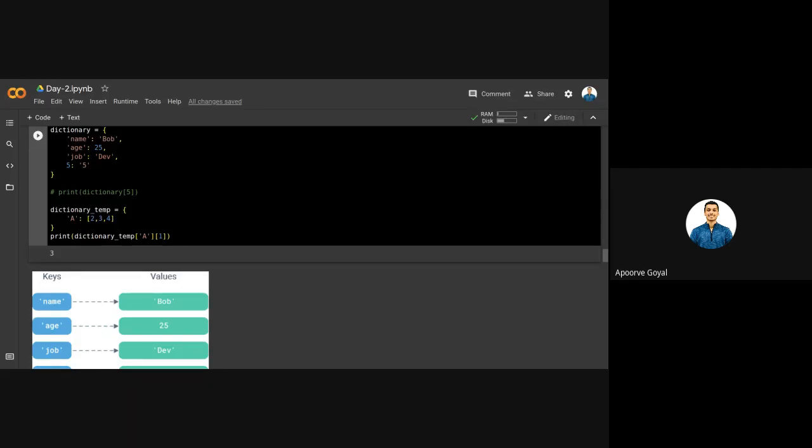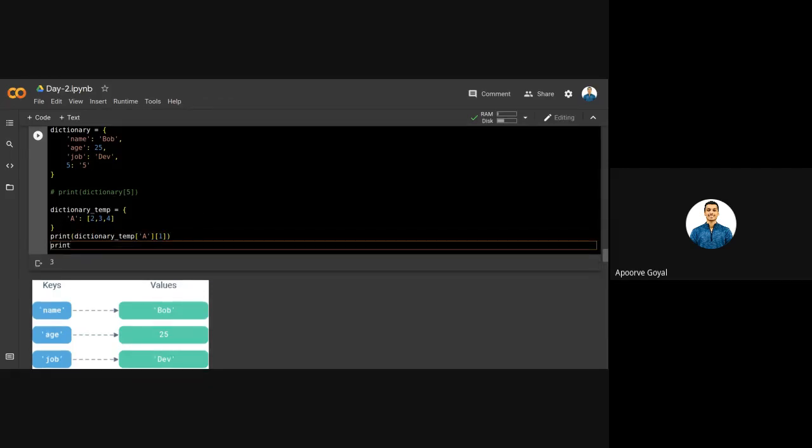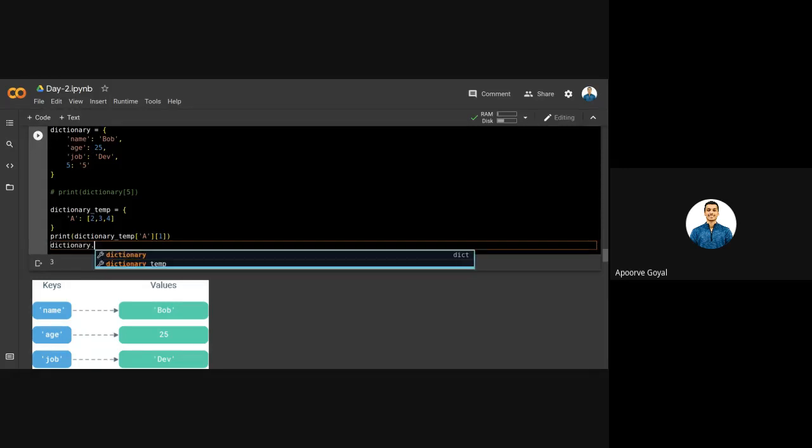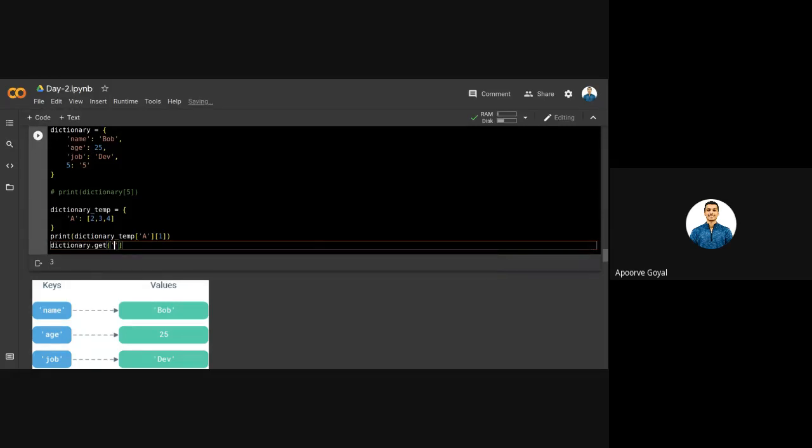Just you can quote that A under strings, under quotation, sorry, inverted commas, and yes, the index will be 1 for 3. So the dot get command is told by Bilal. Let us see what the dot get command is. So the dot get command works the same way. Let me write that. So dictionary dot get, and suppose I write a. Okay, so when I run that,